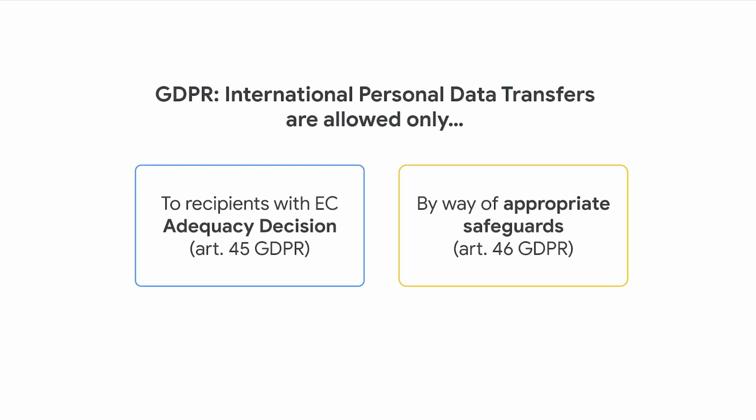Okay, so how do we ensure that in practice? Basically, for the type of transfers in Google Workspace, the GDPR sets out some ways to transfer personal data to third countries in a compliant manner. One of them is if there is an adequacy decision, and another is using appropriate safeguards. When there is an adequacy decision, it means that the European Commission has decided that a certain country has an adequate level of protection. This is the case of Switzerland, Argentina, Japan, just to name a few. To these countries, personal data can flow without additional measures.